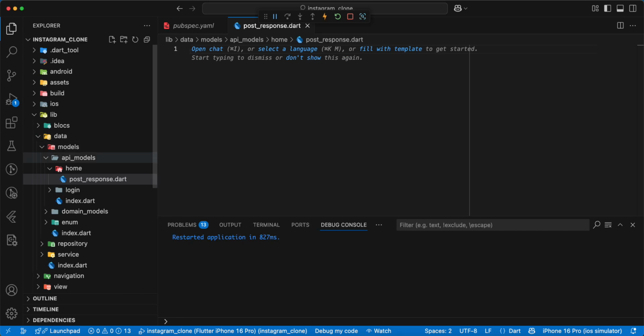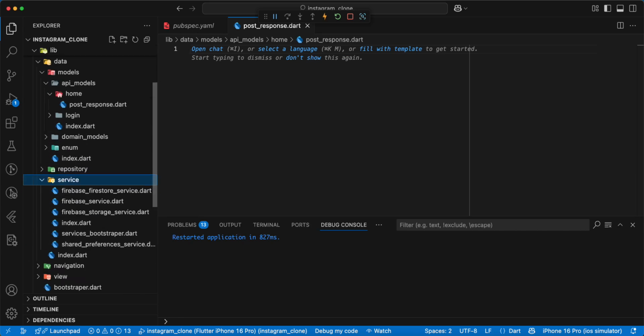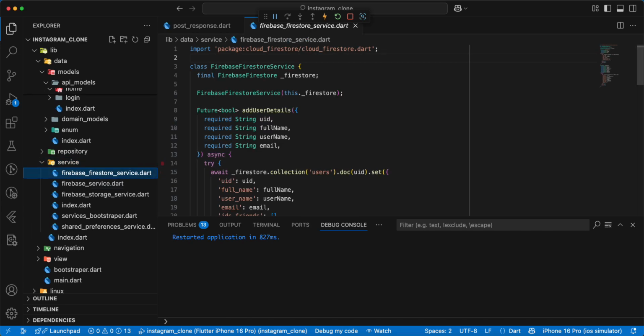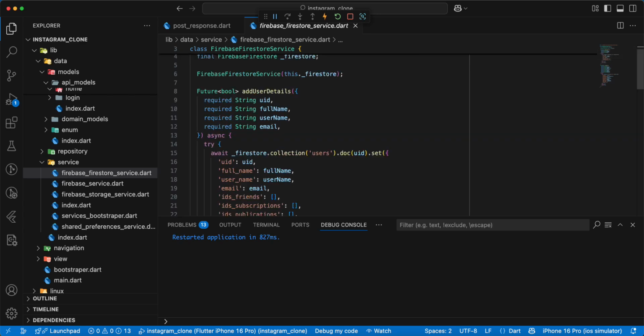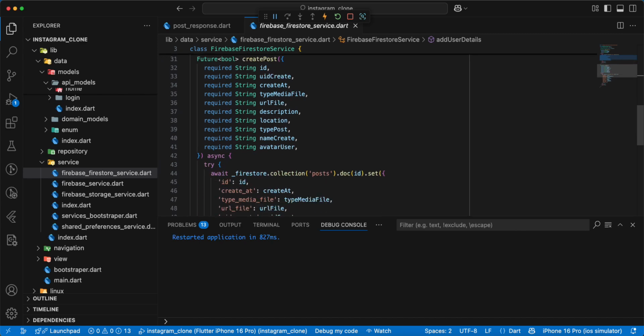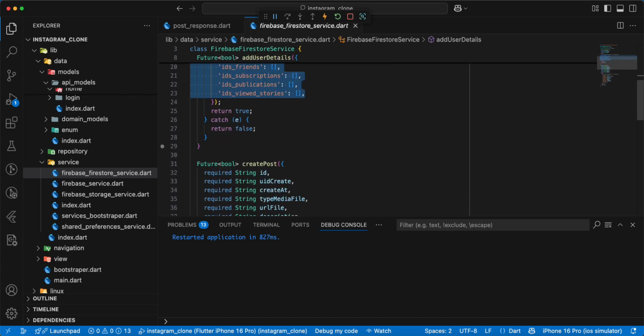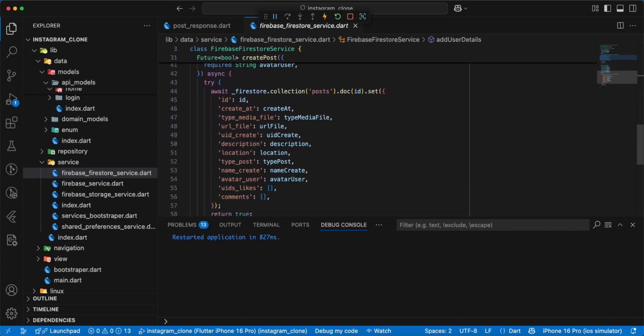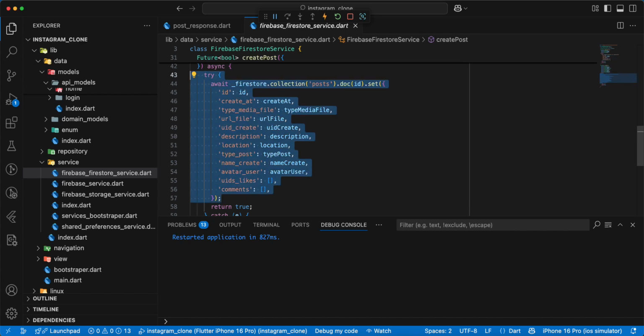And we open service, Firebase Firestore service, and need update add user details, then update create post, add ID,